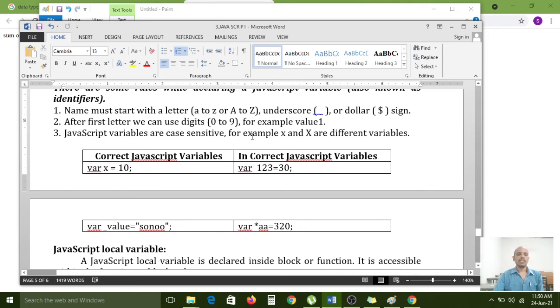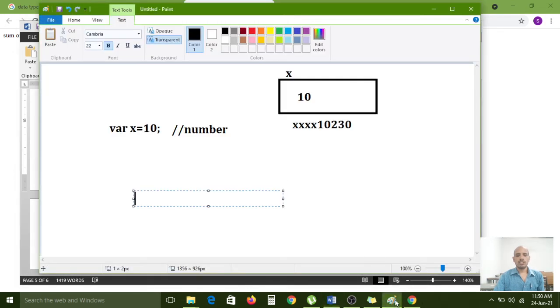For example, name is one of the variables. It is correct syntax. And roll number is also one of the variables.